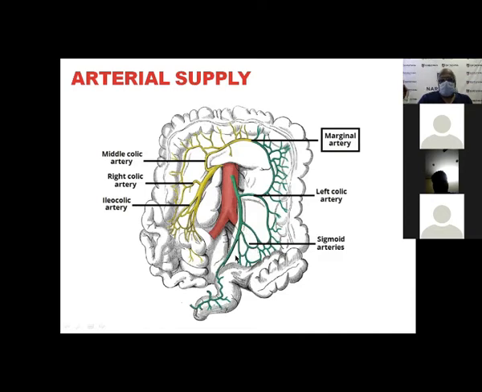These are the sigmoid arteries. That comes as the superior hemorrhoidal, superior rectal artery. Superior rectal artery is nothing but the terminal branch of the inferior mesenteric artery. I think it's very clear here. A beautiful diagram. I must thank Kiran who has done this for me. Singham Kiran, his name is.